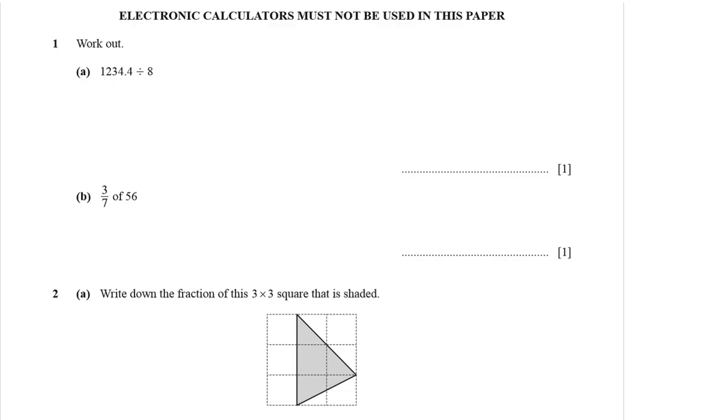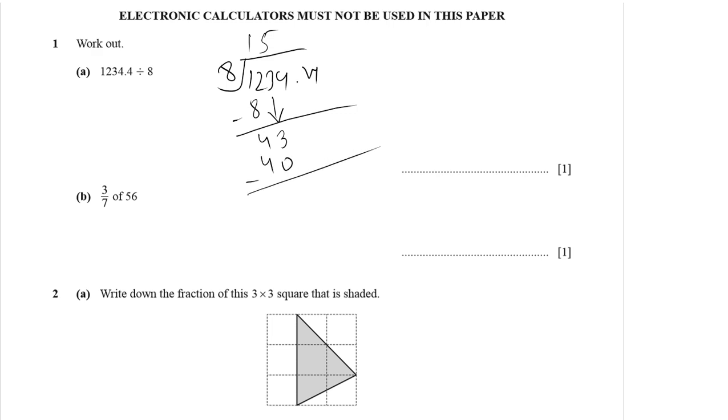Okay, question number one, simple division. 1, 2, 3, 4.4 divided by 8. 8 1 times is 8, minus 4, 3 will be dropped. 8 fives are 40,